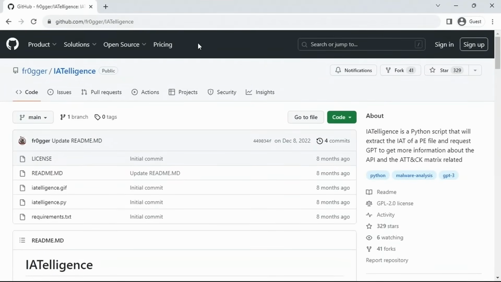All right, to get started, I'm on my Windows 11 research machine. I've opened my browser and navigated to github.com/frogger, and the O is a 0, /Iatelligence. Iatelligence is a Python script that extracts the import address table from a portable executable and uses OpenAI's GPT-3